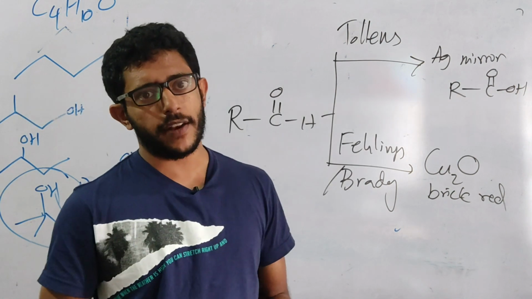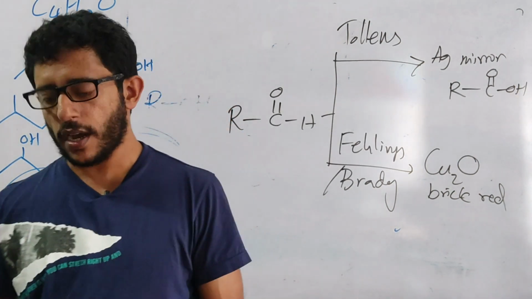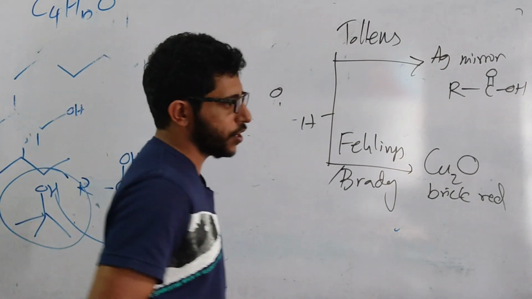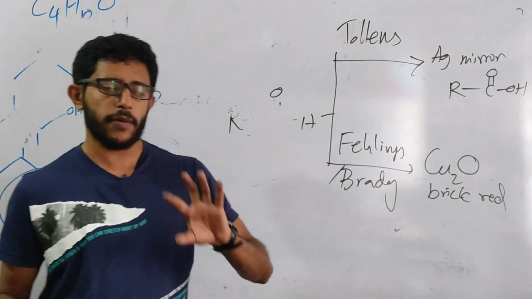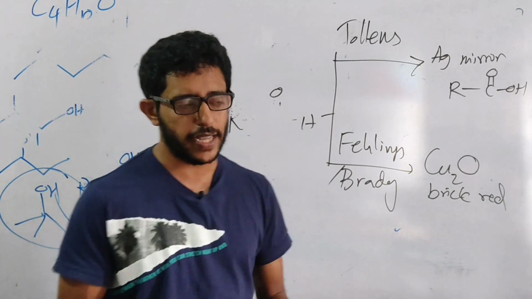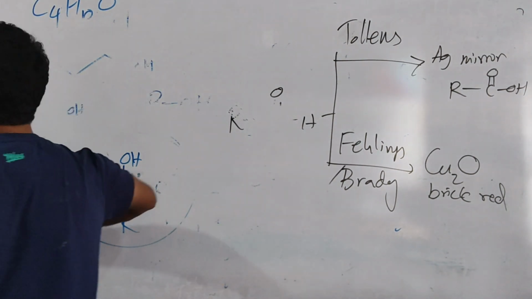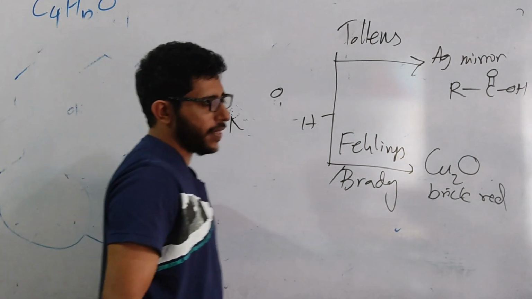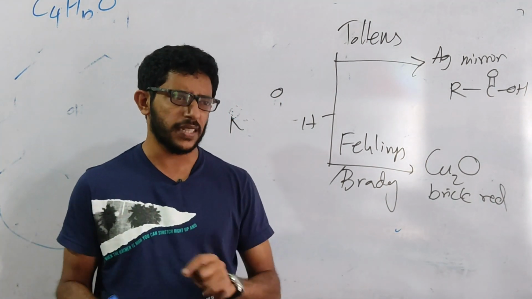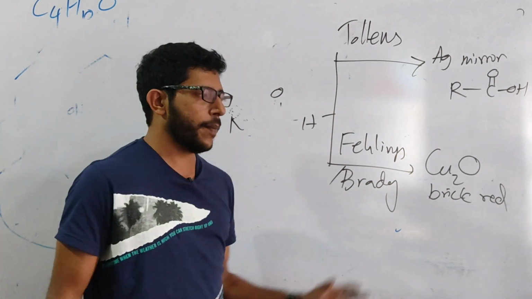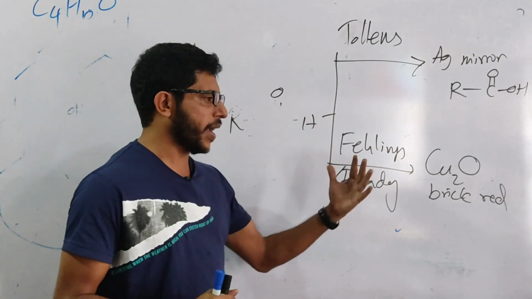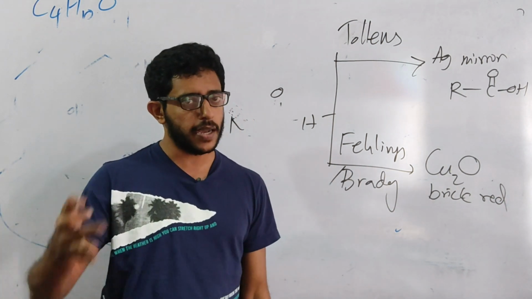In unit 3 we don't have an identification test for a ketone. The last one is carboxylic acid. To identify a carboxylic acid, we add sodium carbonate solution. When sodium carbonate or sodium hydrogen carbonate is added to a carboxylic acid, it gives carbon dioxide. That is a common way we can identify a carboxylic acid. There are some other tests they can ask, but those are the common tests they ask in unit 3. So that is how we identify the anions, cations, gases